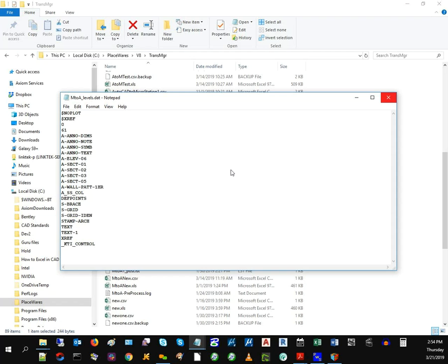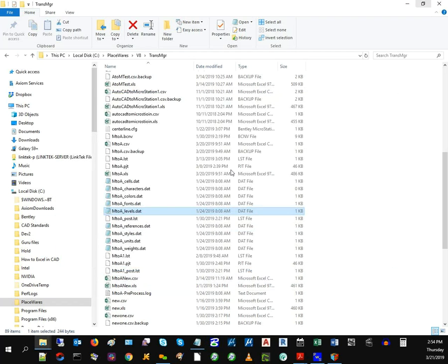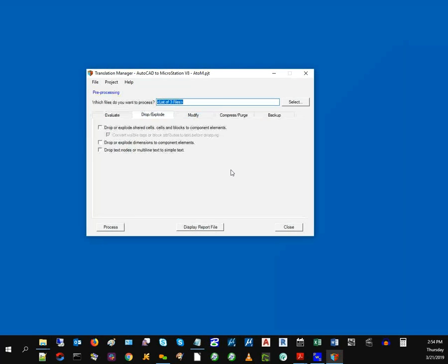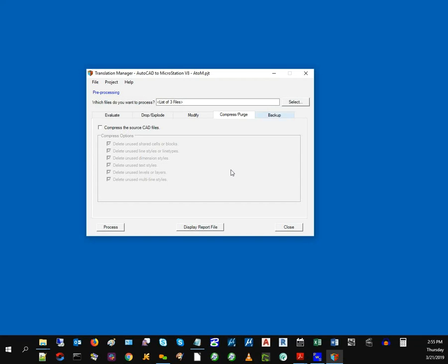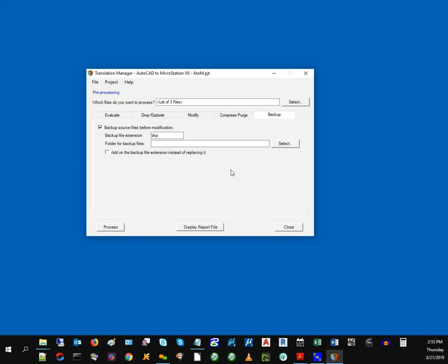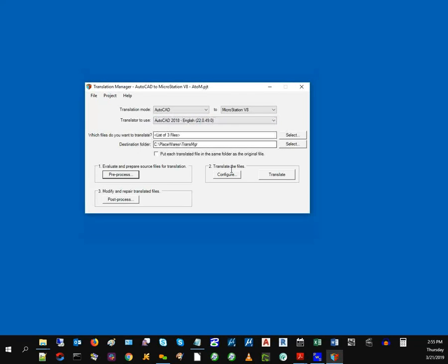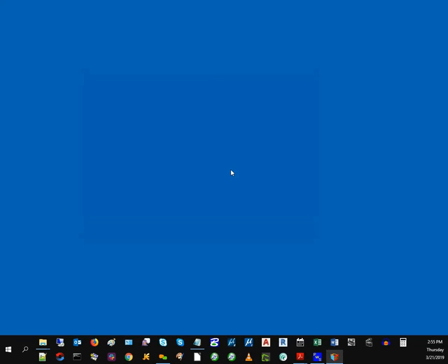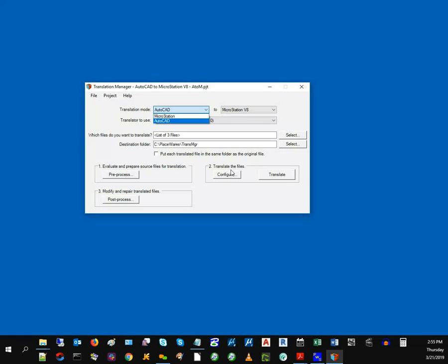I just created the same sort of DAT file there. So now, once you do that, you can also do drops or explodes on the input files. You can modify them. You can do compresses and purges. And by default, it creates backups for the input files. And then also, on the post-processing side for cleanup, in fact, let me go back and set my